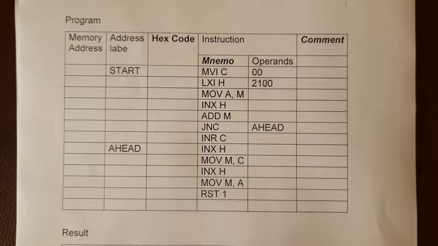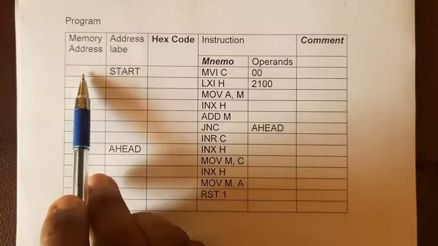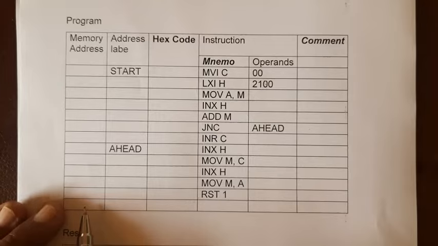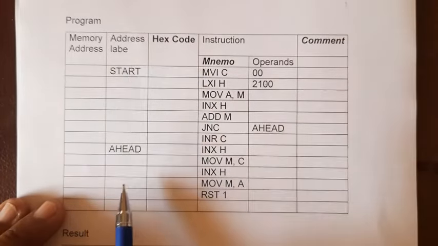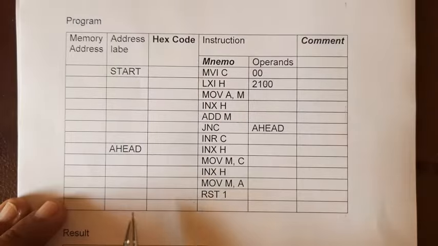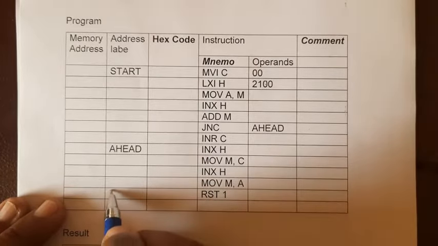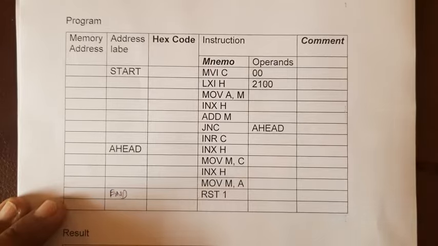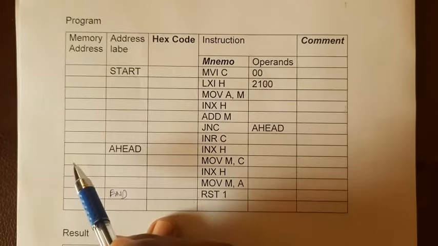Now in case of an 8085 program, we will have to write the memory addresses in one column. To get the idea about the program, there are some labels if required. This is the start, and here I can say that it is the end label, therefore this is the overall program. I can write one more label here, it is end.